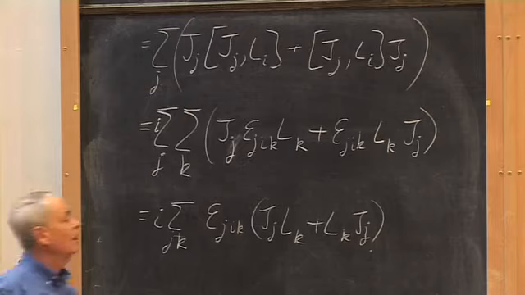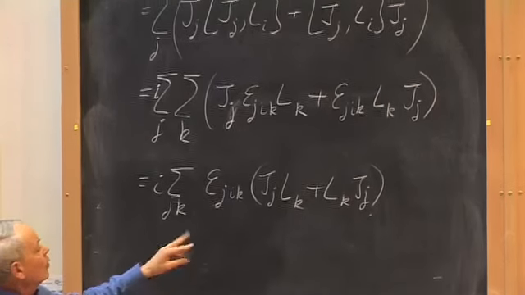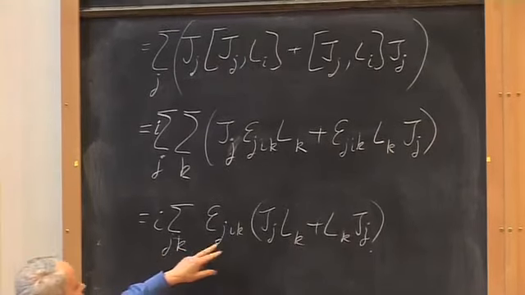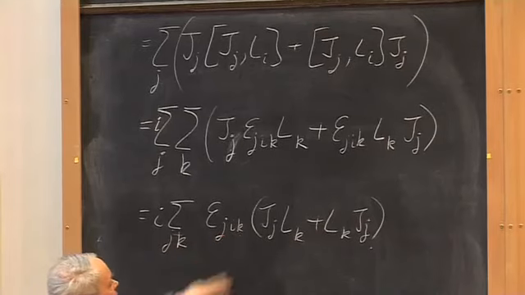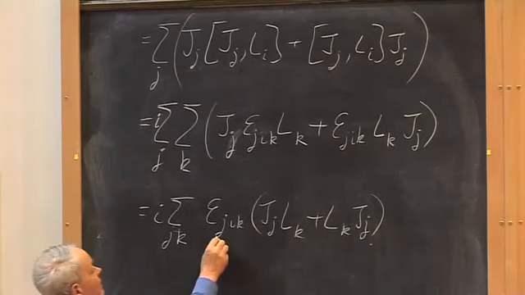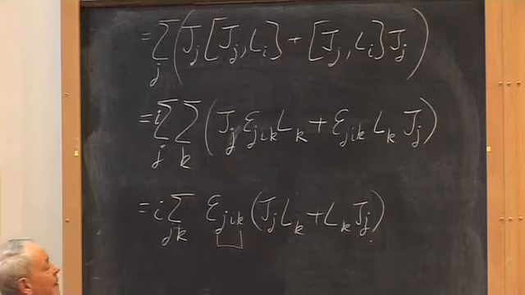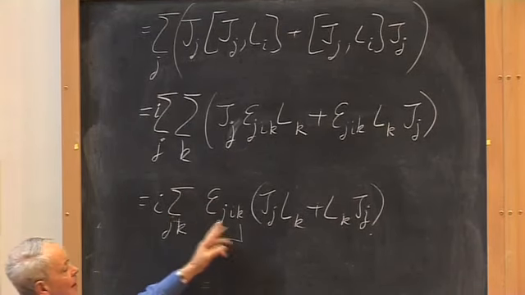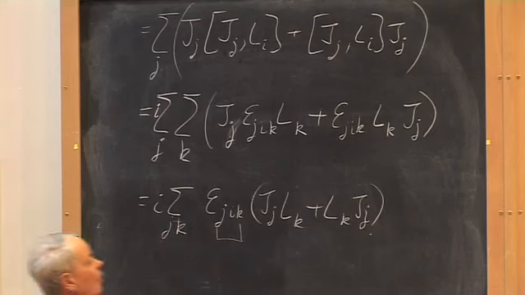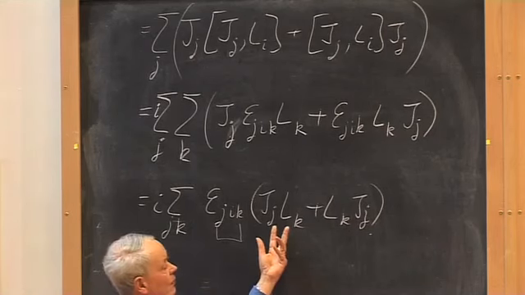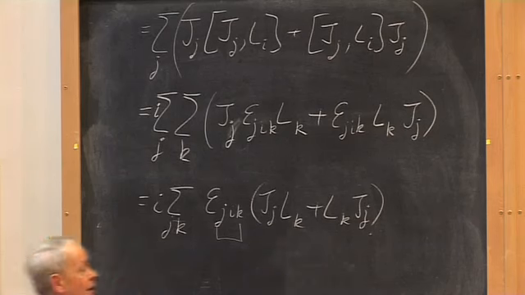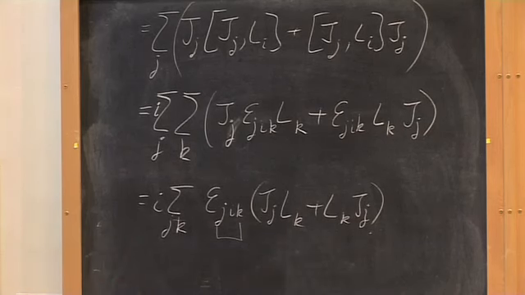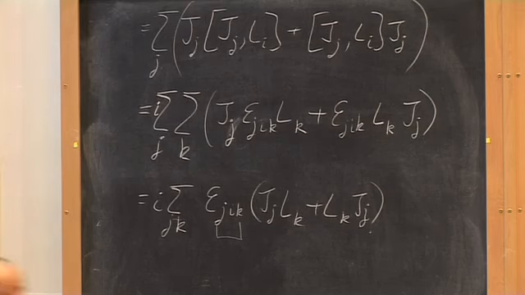And so this is the sort of thing which often vanishes because this is anti-symmetric. If you swap those two over, j and k, you get a change of sign. And if this were symmetric in j and k, in other words, if you swap them over, you got no change of sign, then you just got the same thing back, then we would have,